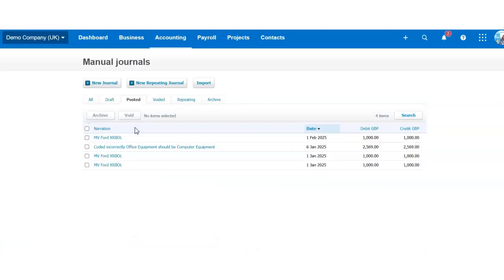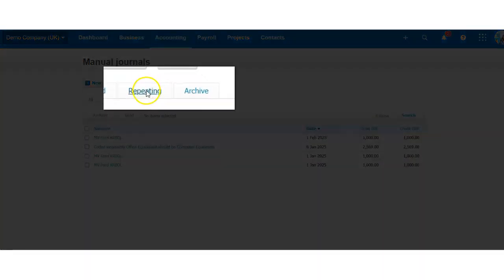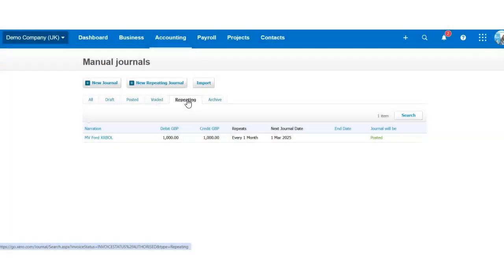So let's now have a look at the repeating manual journals that we have. There could be interest earned, it could be depreciation, it could be various different repeating journals that you need to post. Typically, those manual journals are set up by your accountant. So in this case, I have a depreciation journal set up for every single month for 1,000 for the car, and